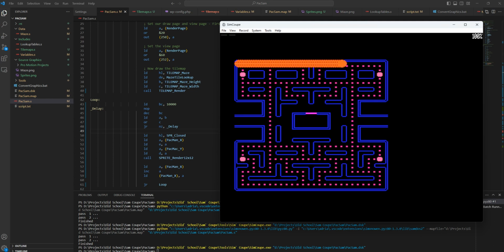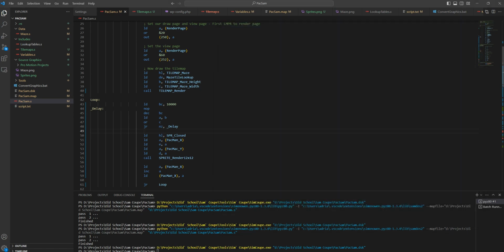You can instantly see one problem. We're leaving a trail, because we draw the sprite, masking with what data is already on the screen. We move the sprite, we draw it again. So we need to clear it. What we can do,